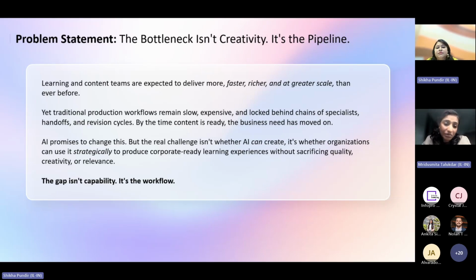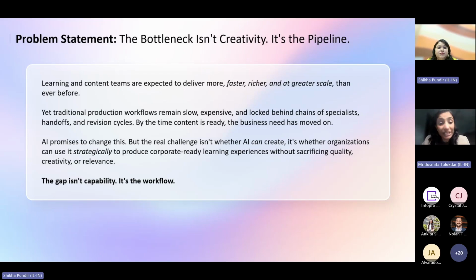So, like we mentioned here at the end, the goal is for us to take your focus to this: it's not really a capability issue as such. The gap is more about the workflow, and the organizations that are able to solve that workflow challenge are the ones that will define the next era of learning transformation, right? That's exactly why this webinar is not just about individual AI tools or quick creative hacks, but more about demonstrating how AI can become part of a structured and scalable learning workflow,